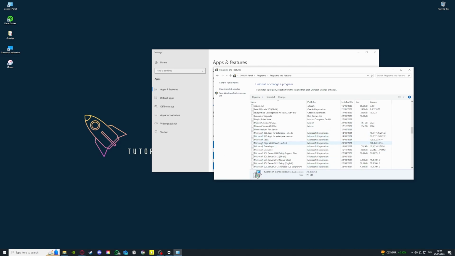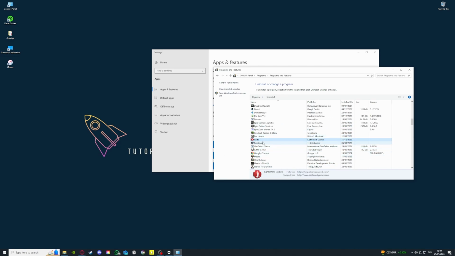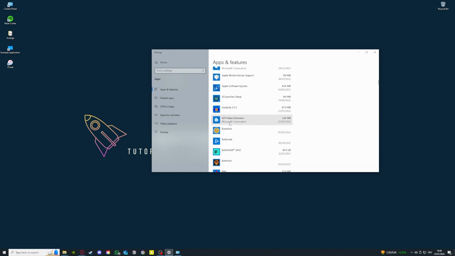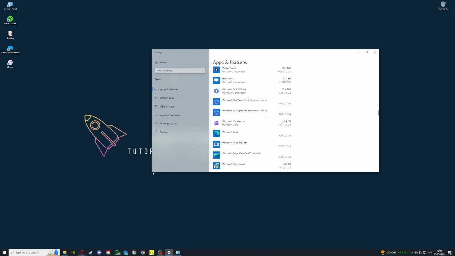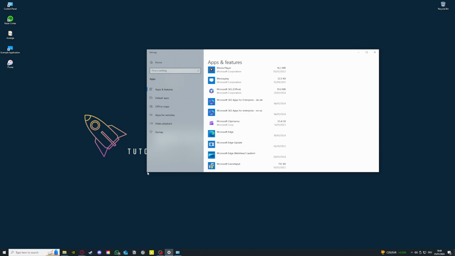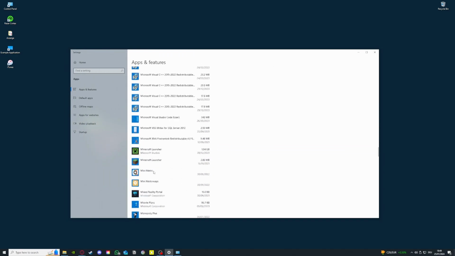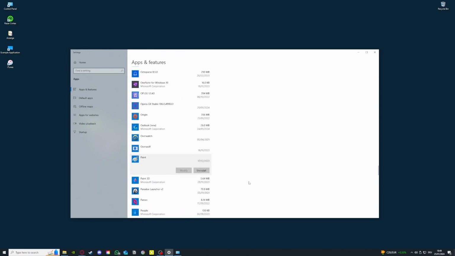You just click on the program you want to uninstall, right click and uninstall. You can also do this in your settings. It's a lot more appealing graphic wise. You can also just left click and then press uninstall. For example, if I want to uninstall Paint. If the previous fixes didn't help you, I would recommend doing it once. And after that, if there's still an issue, which most of the time isn't the case,